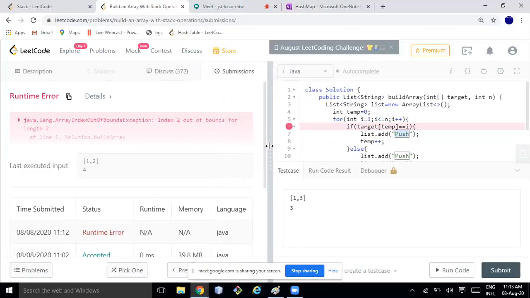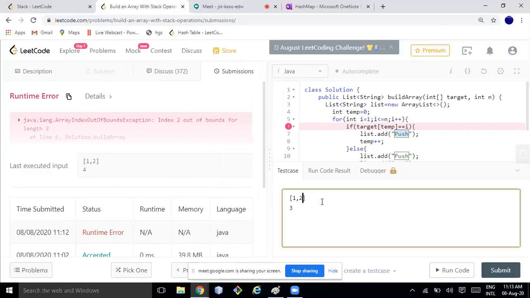You guys tell me why this error is coming. Anyone can tell me? What should be the output of this one?